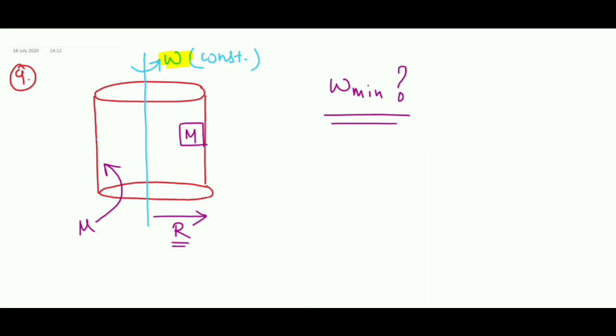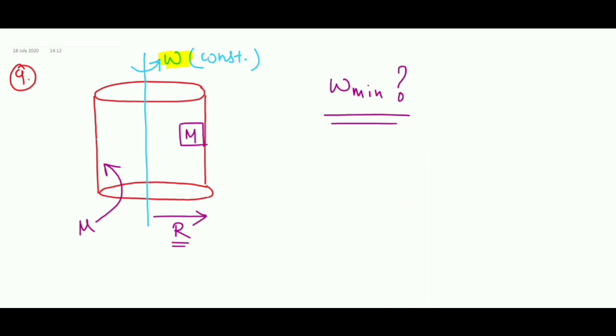Try to feel it. If omega is less, what will happen? The block will start slipping down. It's very easy to feel, not at all difficult. Most students can feel it even without using mathematical equations. If omega is very less, this block will start slipping downwards. But if omega is sufficient, then this block can stay at its position, even if you have not glued it.